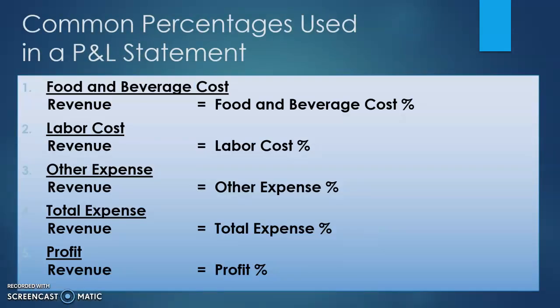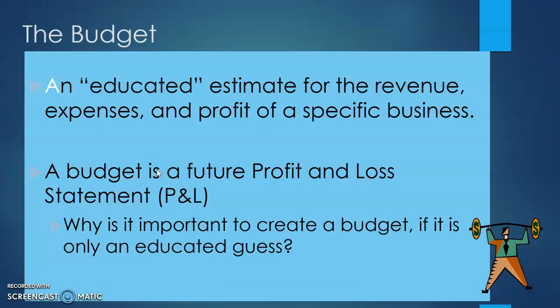Now here are the common percentages used in all hospitality. You guys will actually have a nice list for every single chapter that will total everything. But as you can see, all of our costs or our expenses are coming out of the revenue. So that's a good way to remember that. The profit and loss statement is something that's occurring in real time, like I said in the first video. As our sales are coming in and our expenses are coming in, they are constantly fluctuating. And typically we're looking at a profit and loss statement for a month.